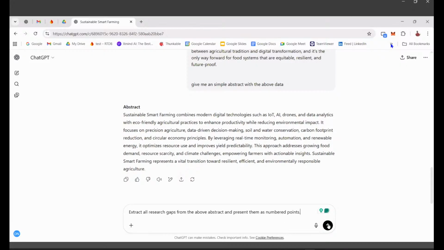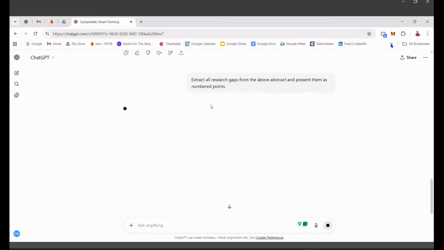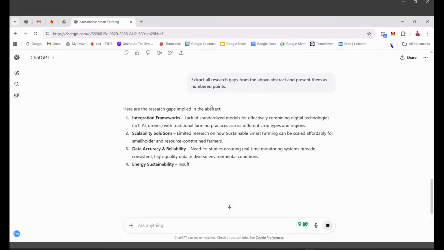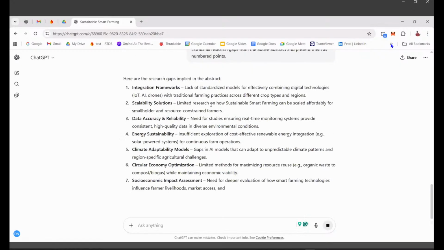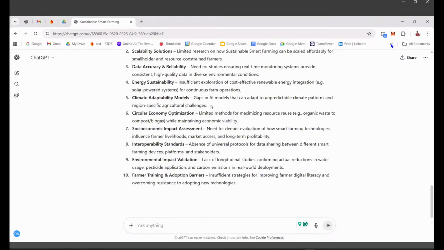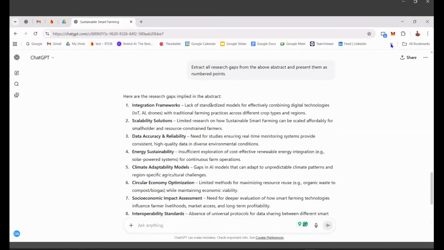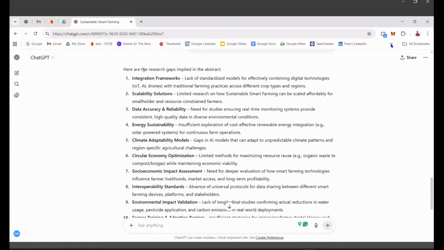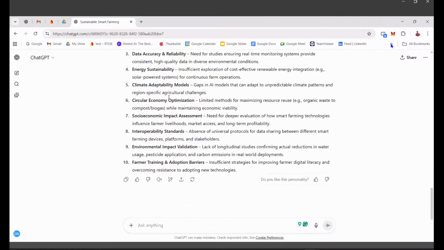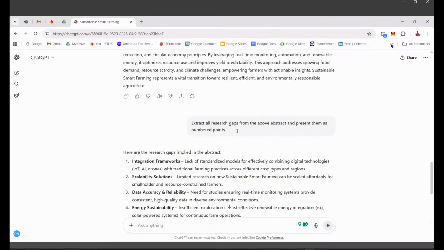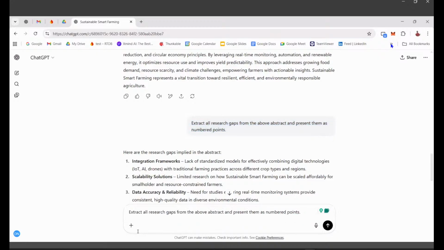This is my prompt. I'm just giving it here. Yes, it is giving 10 points. Here are the research gaps implied in the abstract: integration framework and scalability. Oh, sorry, I have not given it properly. Let me just copy it and give it again.